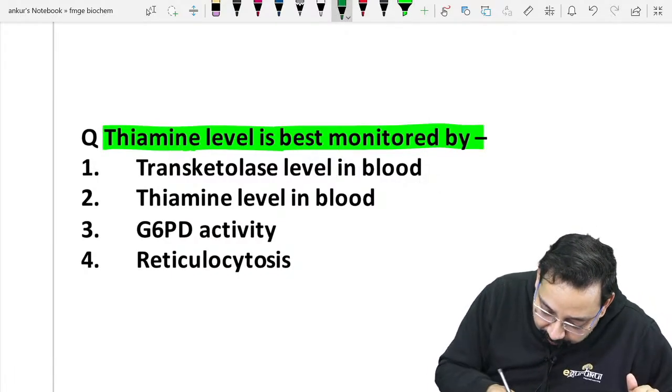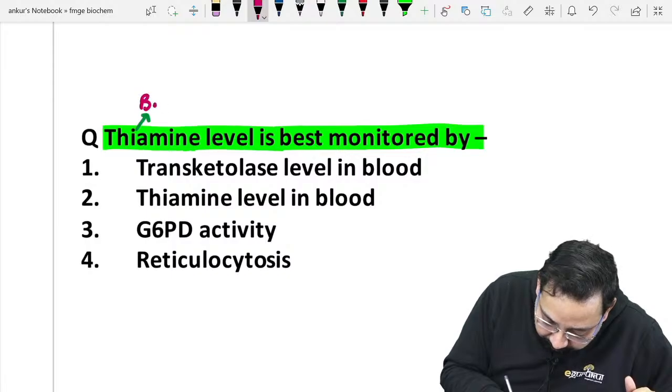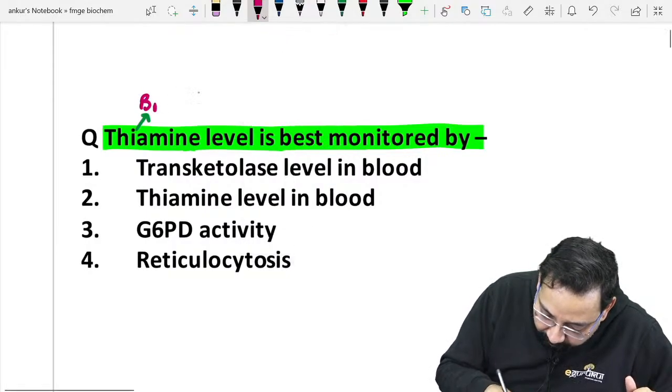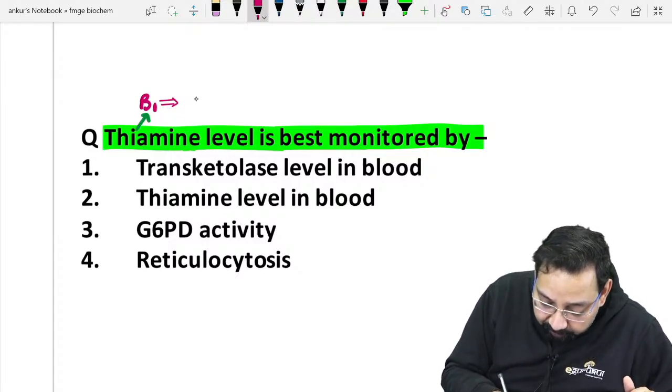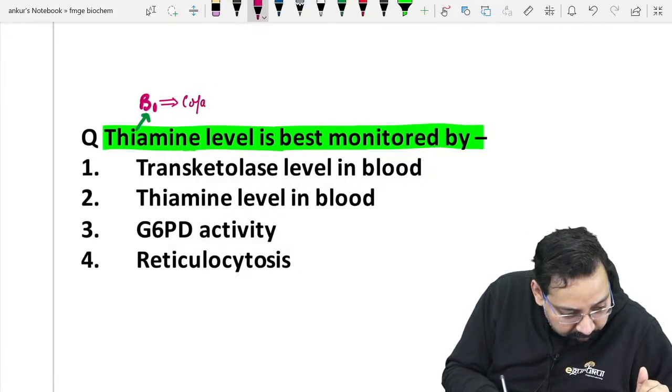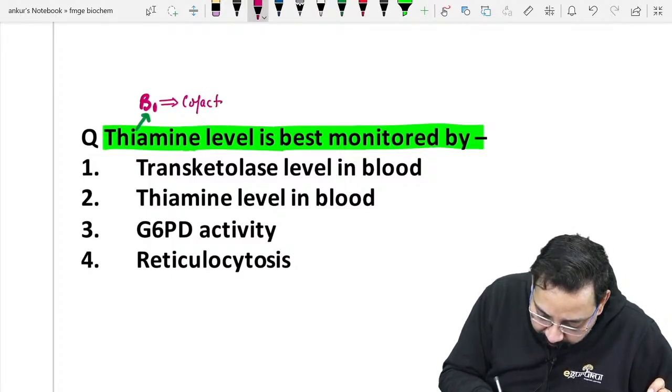You all know thiamine is vitamin B1. B1 is a cofactor for